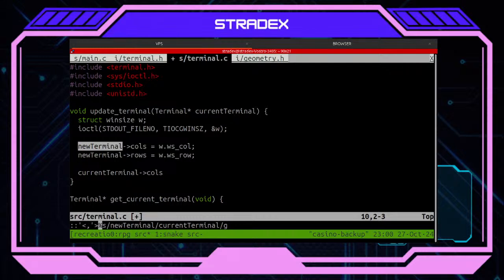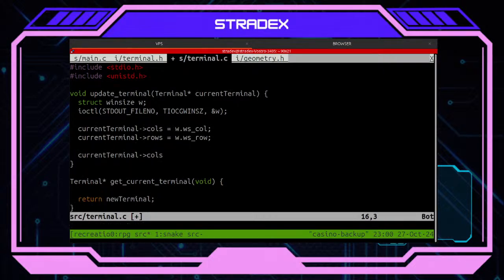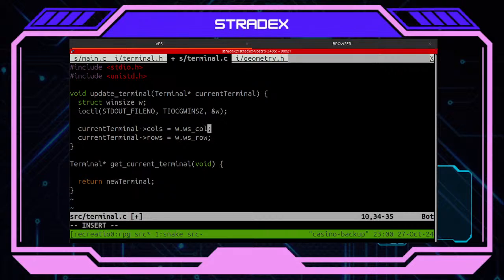Okay. I believe I don't need this though. Yes, that's what I want. And that's about it, I guess. And what I want to do here is like terminal equals to new.